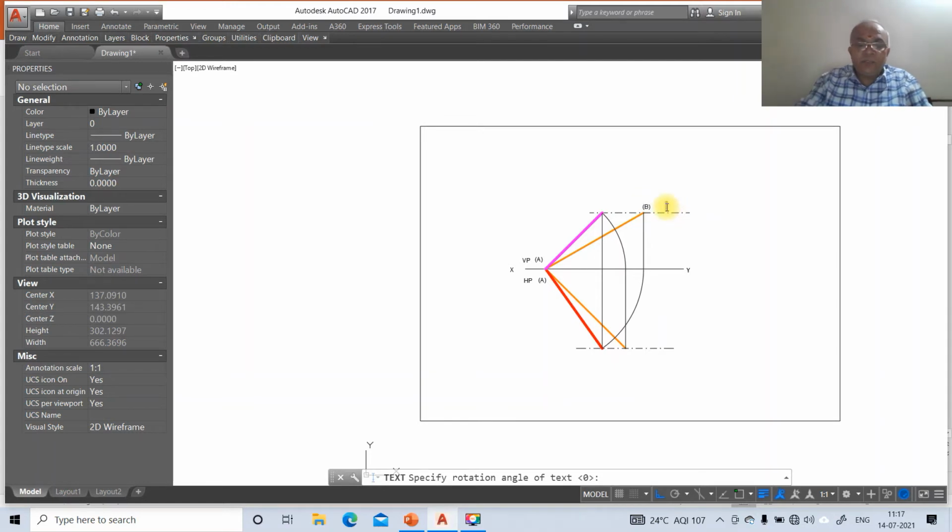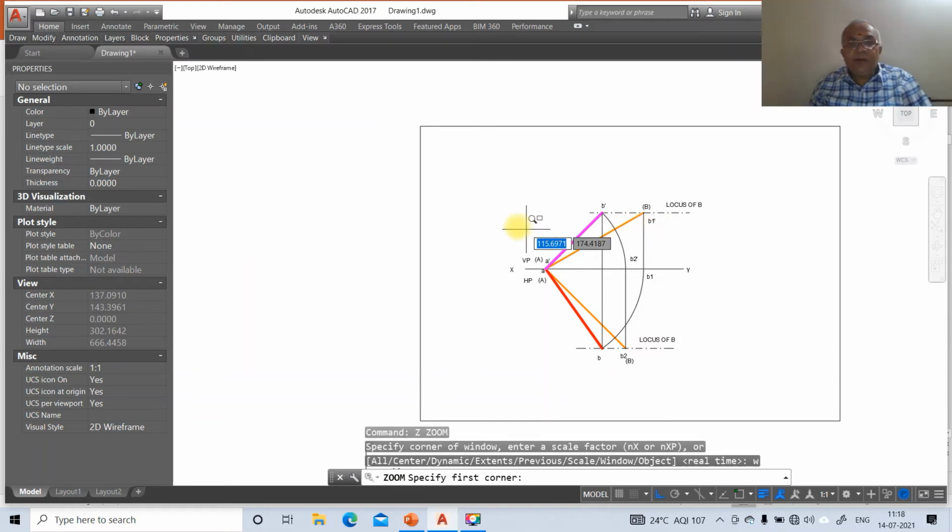And here this will be locus of B. And here this will also be capital B. And here also you will have locus of B. And then here put off the caps lock, you write A dash. Then this is B1 dash. And this is B1. And this is B. And this is A. So here this is B2 and here it is B2 dash and here it is B dash.